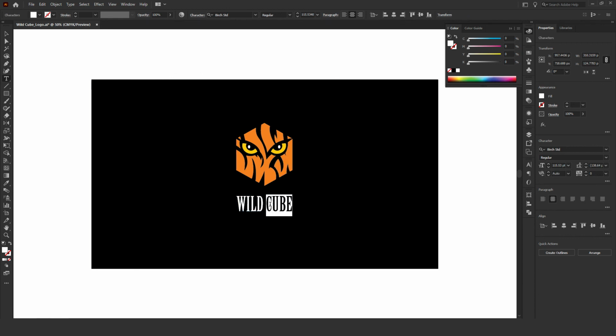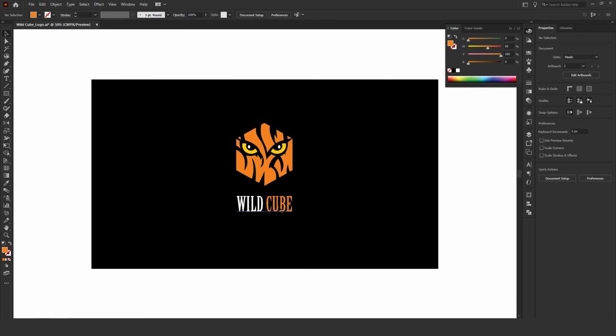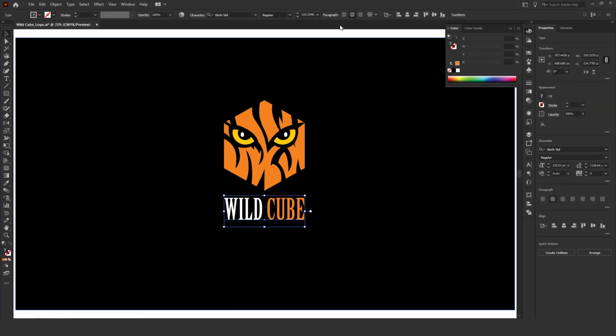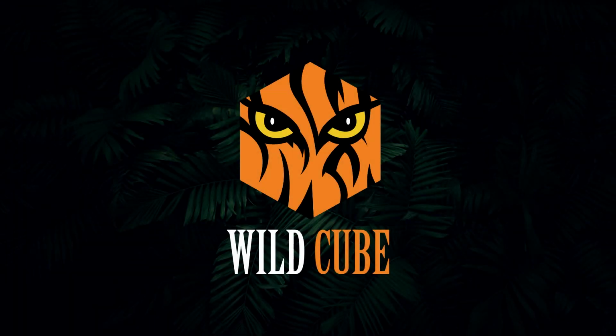Now change the cube color, select the cube and using the eyedropper tool select this color. Yeah, I think it looks pretty good. So our logo is done.